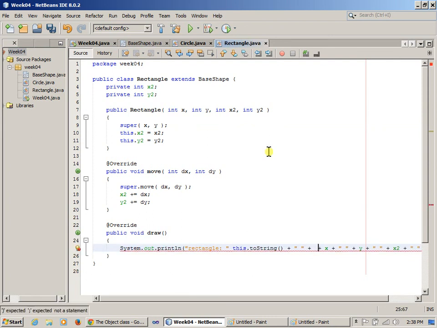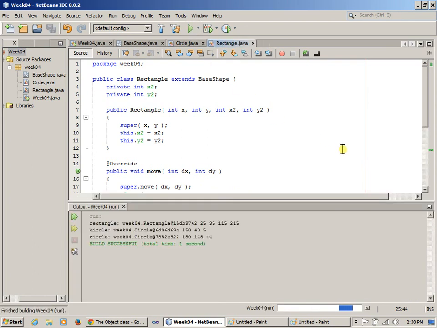So plus that, and I need another plus in front of it, so everything gets converted to a string. And if I run this with my modification,